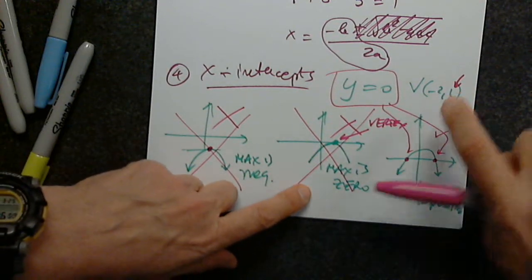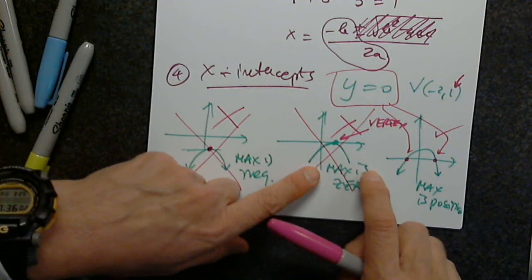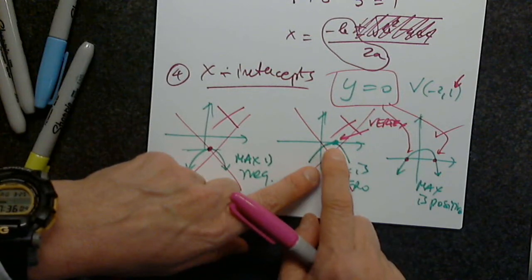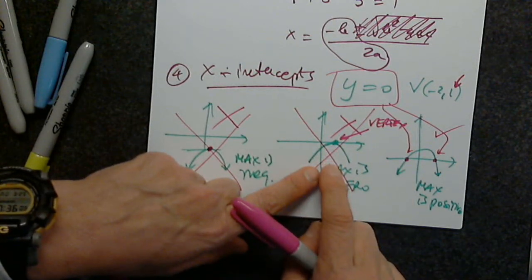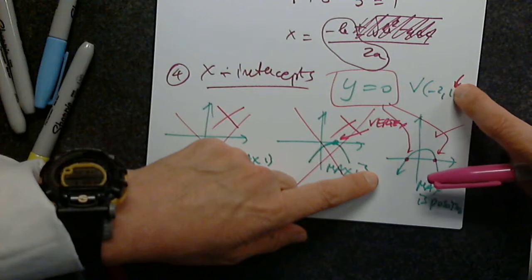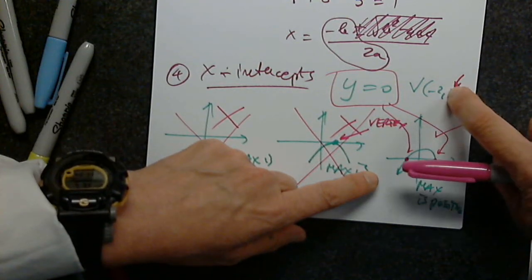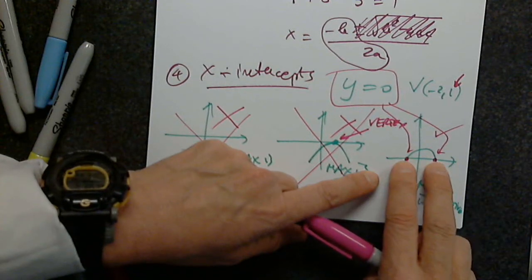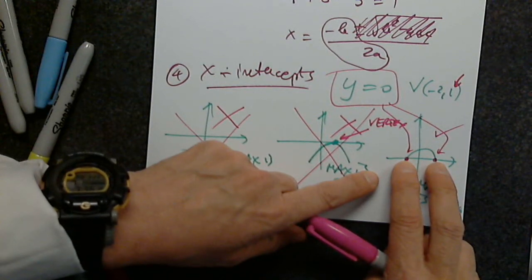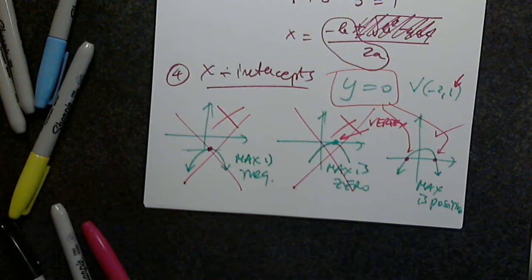If the y coordinate is 0, I'm not going to waste my time. I'm going to say the vertex is also the x-intercept. But if the y coordinate, which gives us the maximum in this case, is a positive number, it's this case, and I have to find these 2 points. I don't have them yet. So it was just a discussion, like a side